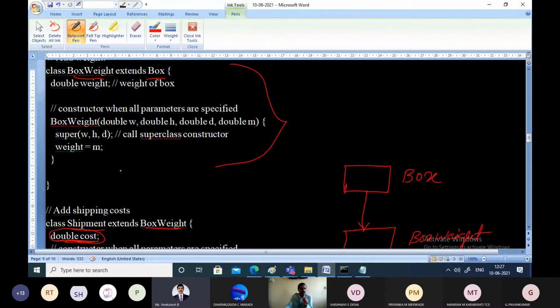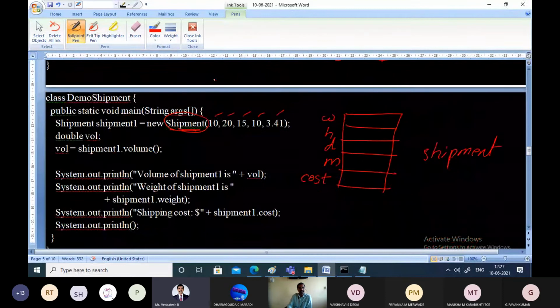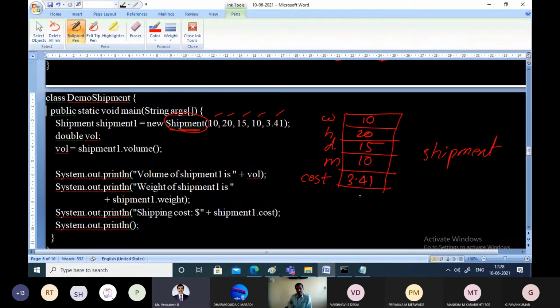Then from within there we again call the constructor of the superclass. For box weight, box is the superclass. Again we will call the superclass constructor. In whatever case, all the members will get initialized: 10, 20, 15, 10 and 3.41. And ultimately, as usual, we go on calculating the value and display all other values.